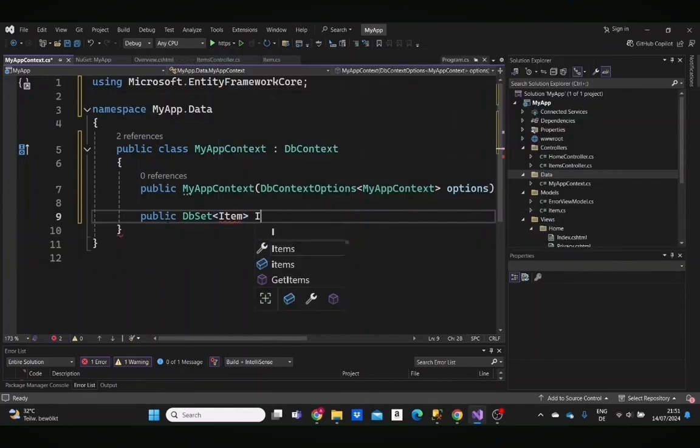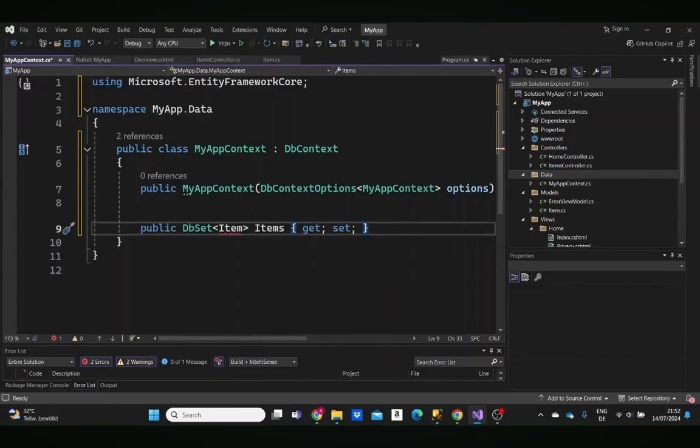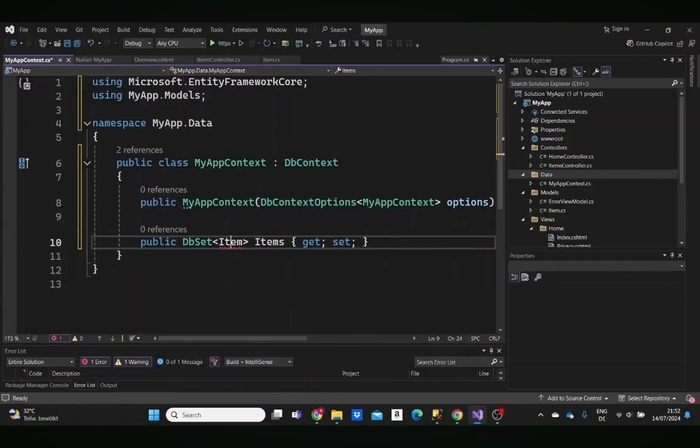We give it a name like Items, and we give it this getter and setter. So this is written just like a property and enables us to access this model from the database, and basically store what we have in our project in the database. We need to import the models folder on top of the page, MyApp.Models, and this is it for the